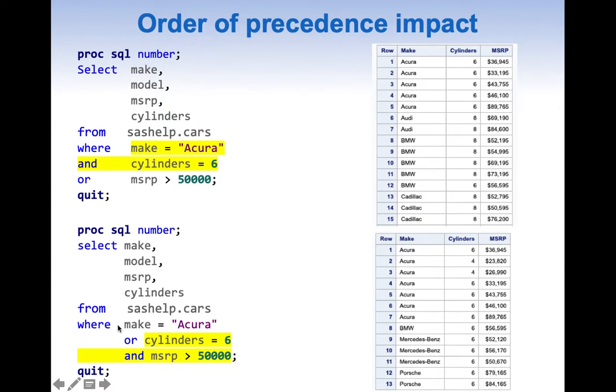Then it tries to satisfy the condition where make equal to Acura. So here our number of records is very small. It almost came to an end at the 13th record, but here the records are close to 200, which I have